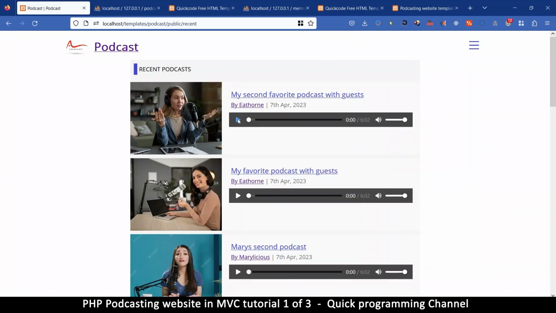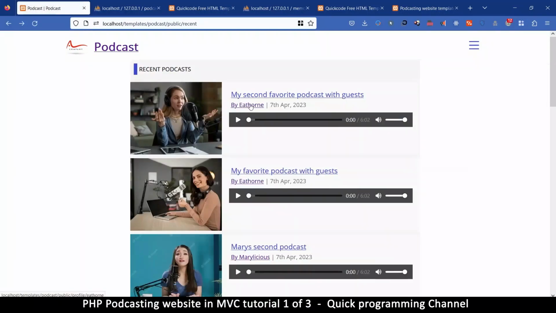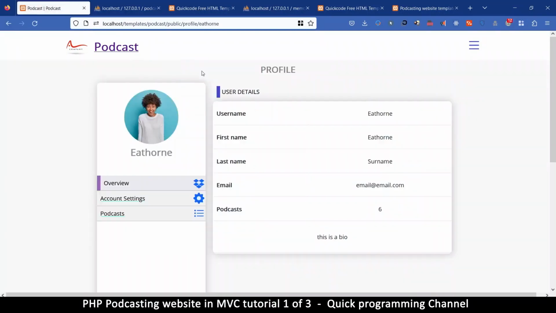So here you can just click play and a podcast will play. Or you can click on one of these images or the title to actually go to the single view page of that podcast. And you can also click on there to see the profile of the user that created the podcast. So in this case, this is my current